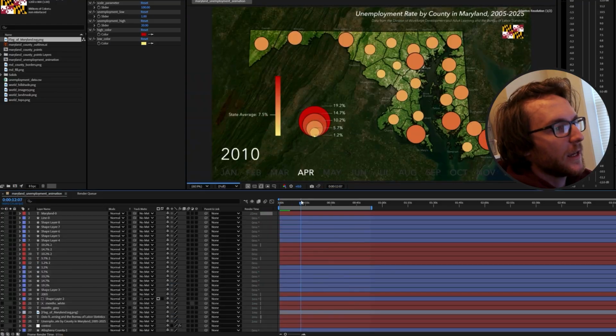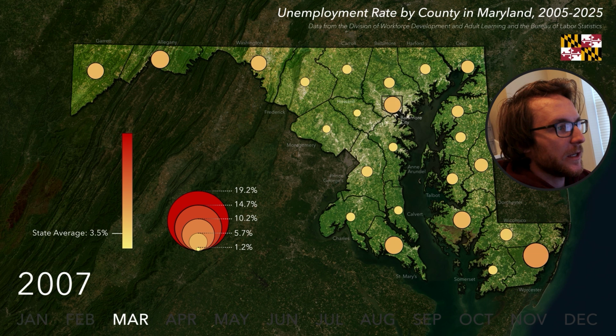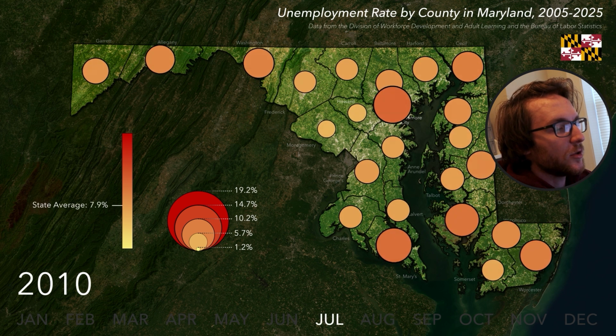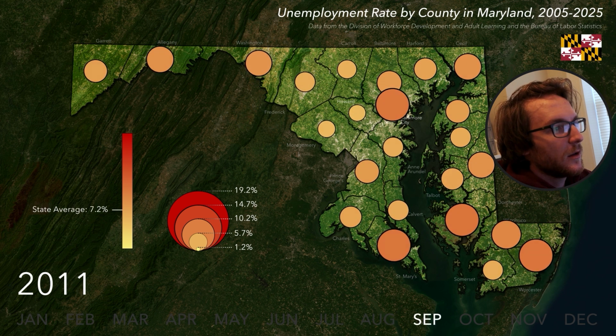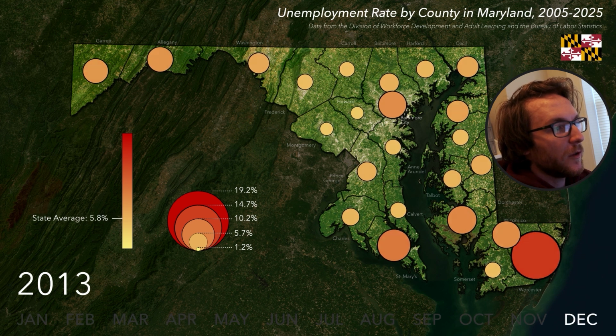And voila! Here's our finished animated map of unemployment rates in Maryland counties over the last 20 years. You can see that animating this data has unearthed some interesting trends, like a sharp increase in unemployment during the 2008 financial crisis. Also, if you look down here in Worcester County, you can see that unemployment fluctuates more than